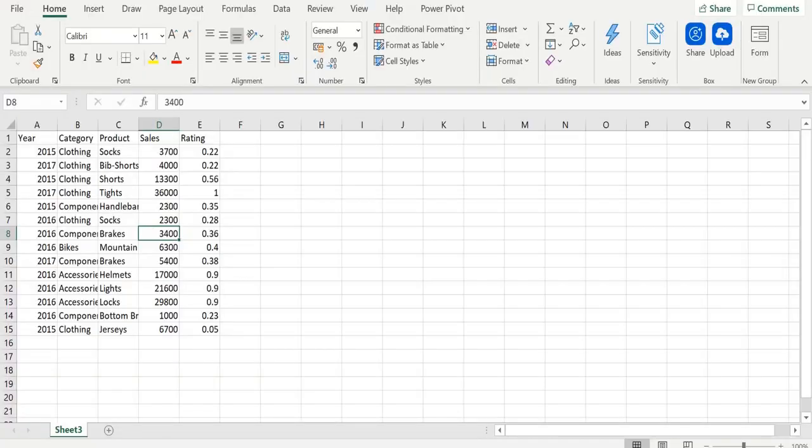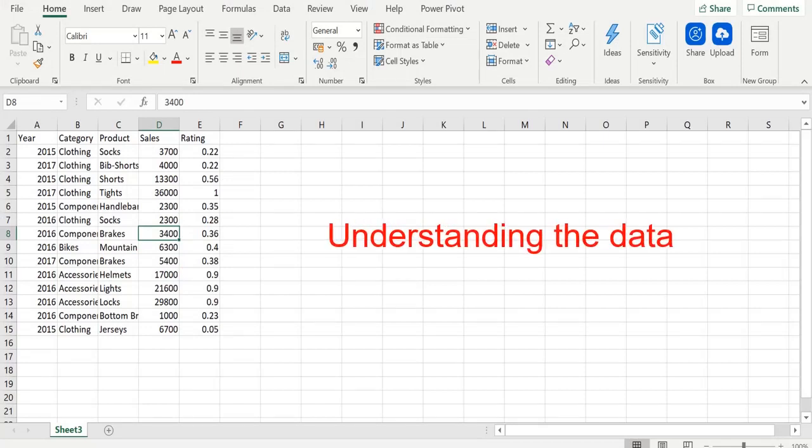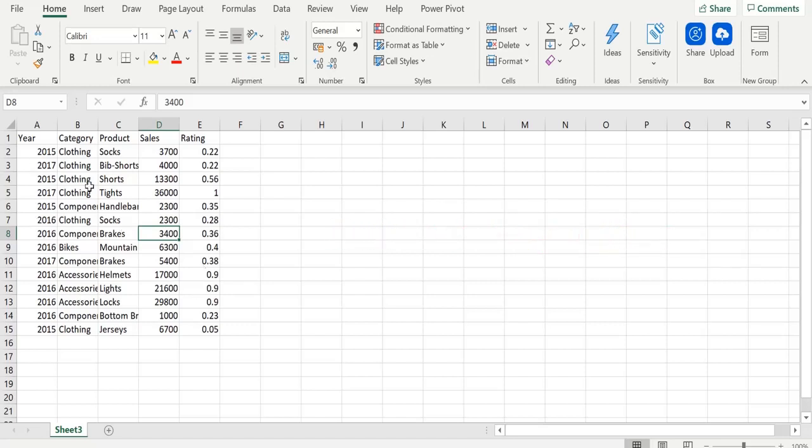Alright guys, today we will be seeing how to use the options given in the font group in Microsoft Excel. So we have this test data. This test data we will be using for using these different options given in the font group in Microsoft Excel. So let's see options one by one, and we will be putting all these options on this test data, and I'll show you how to beautify or how to format this particular data and this particular table.